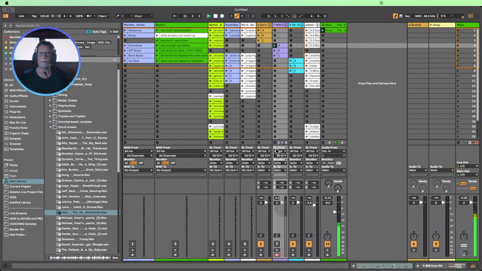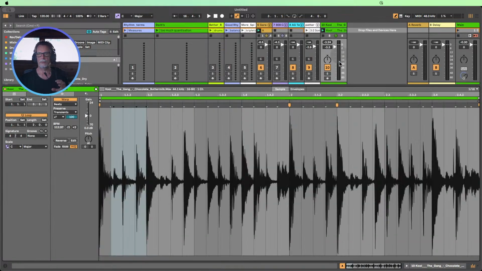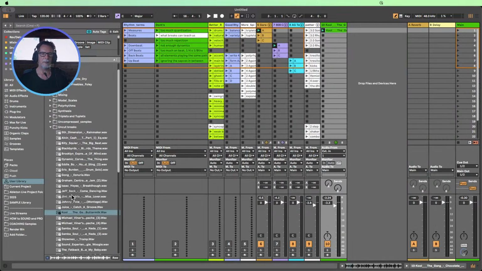It plays quite nicely with that kit, or this garage kit over here. Plays really, really nicely without actually going crazy and preserving everything that's great about it. Two markers to tighten it up. So it's teaching me there doesn't have to be everything perfectly quantized, because in all reality, we can go and